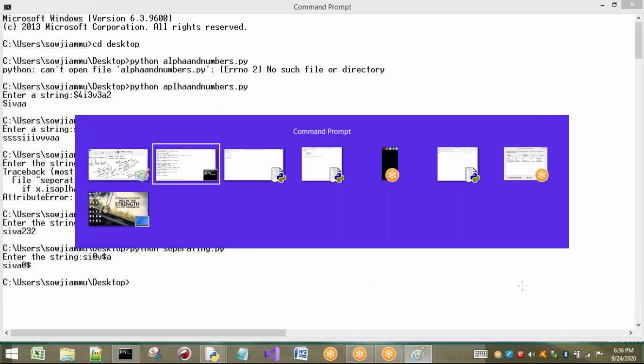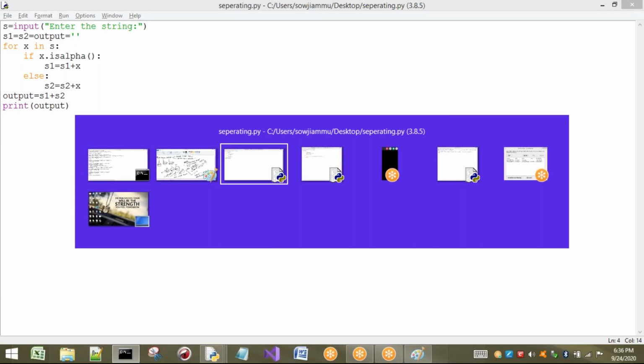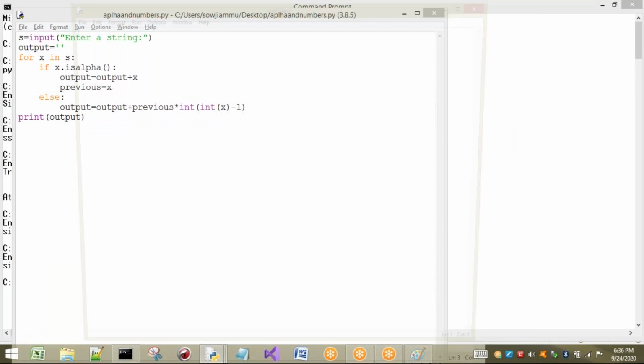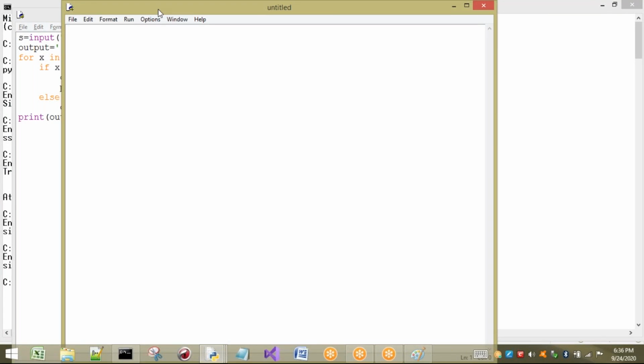Right now, I will write a small program. Now what do I have to do? Same thing, same logic. S equal to input of, enter the string, for inputting the string. Next, I already know the logic. What are the variables I am going to take? If you don't know the variables, go on writing the program, then you can understand which variables are required in the program. Then go and initialize them if required.